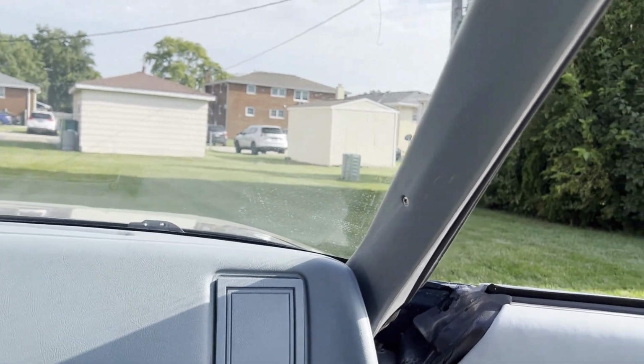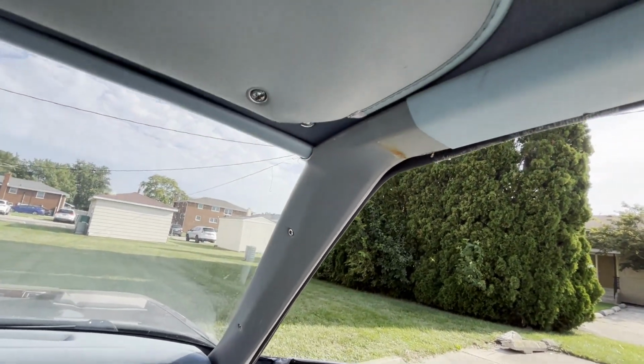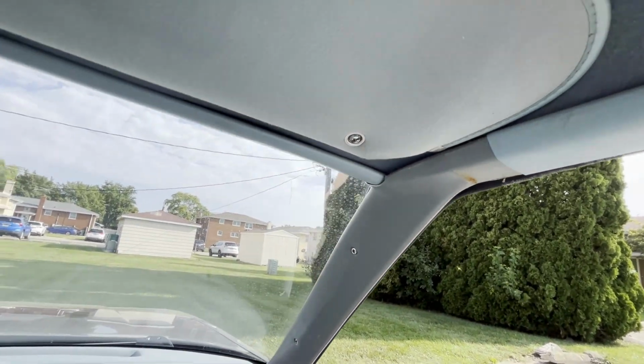All right, and with just a couple minutes worth of work, passenger side is done. As you can see, we go from the light blue to the gray. It looks a little good. I probably should clean that rust spot off, but I don't care. Looks a little goofy, but